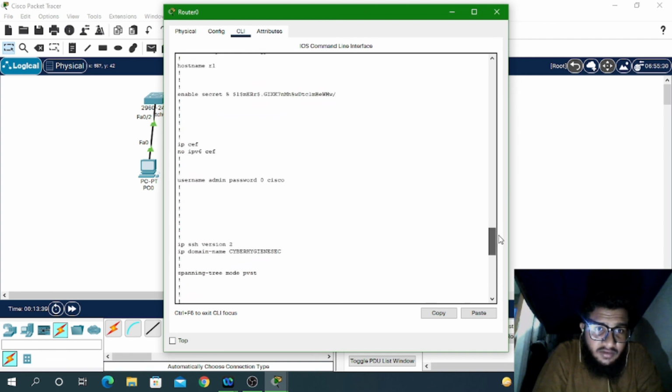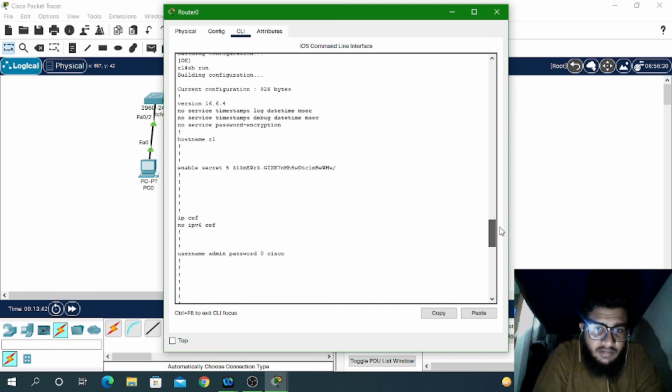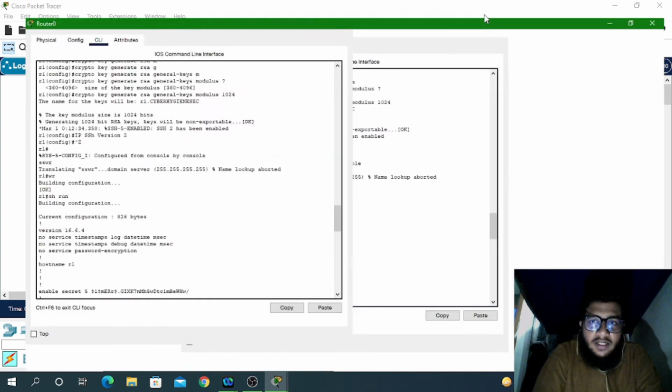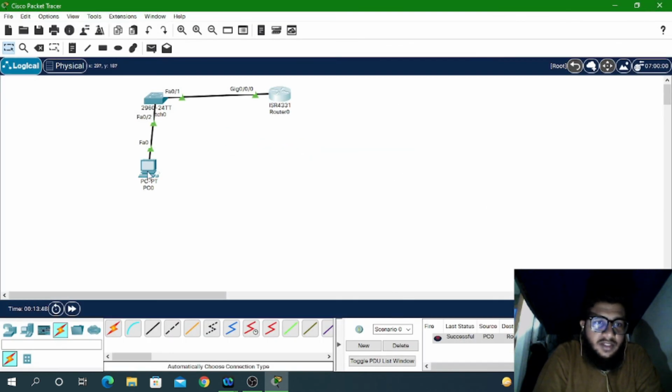See here everything is given, domain name given, version given, crypto key given, password already given, secret given. Okay, so now let's try to access the system.